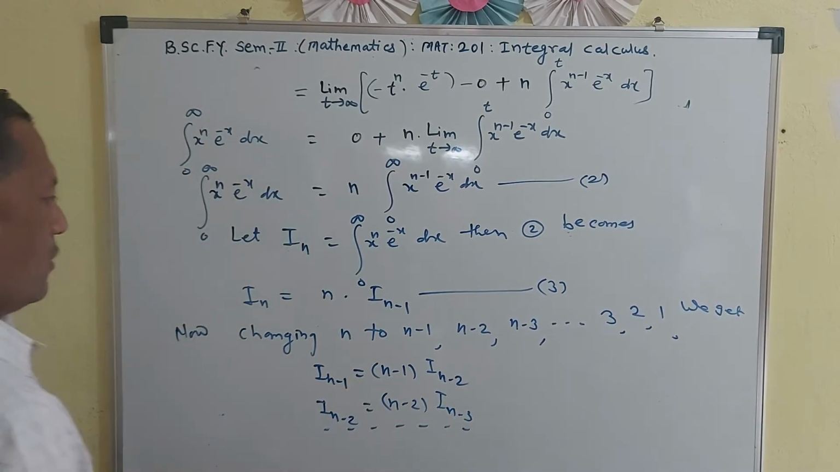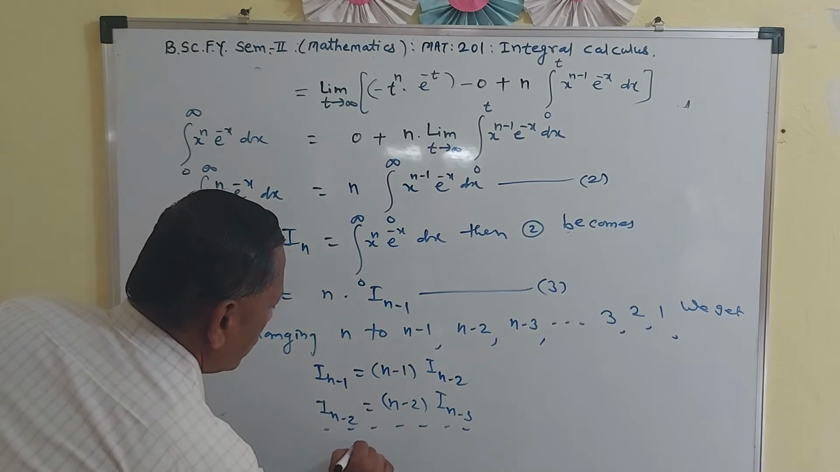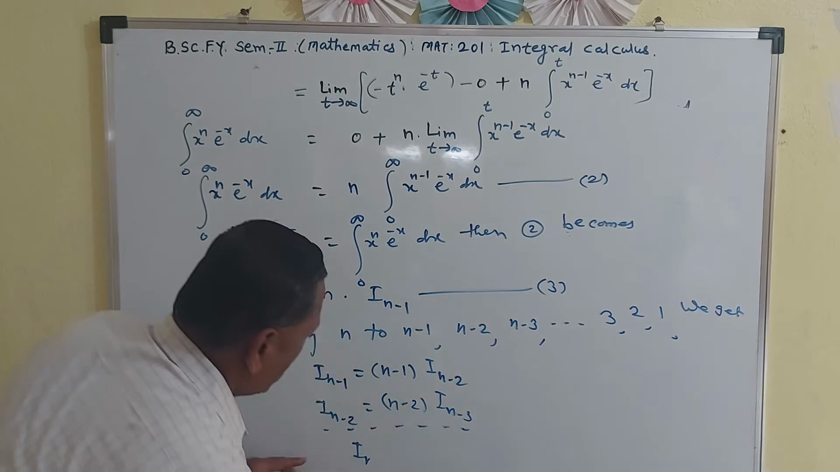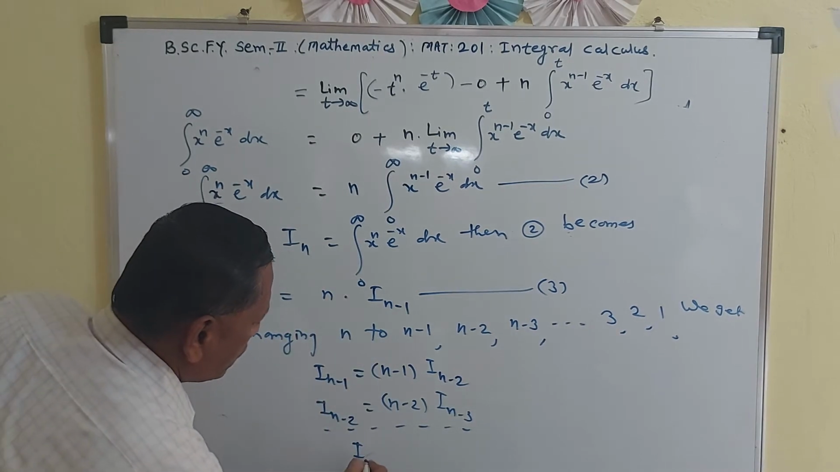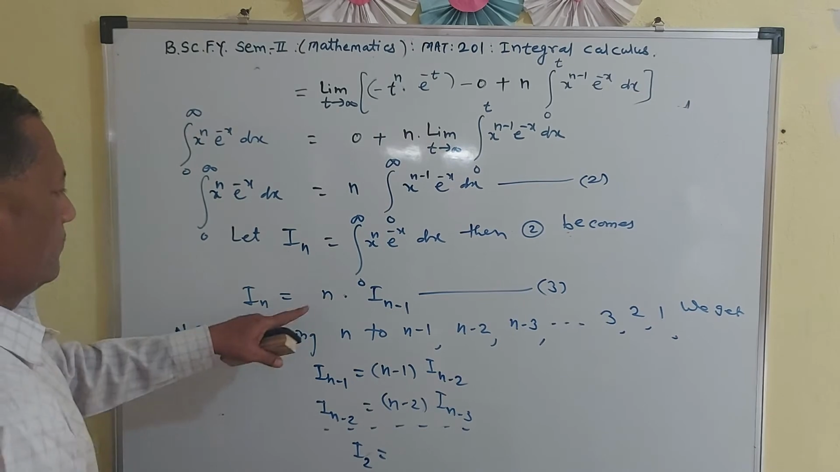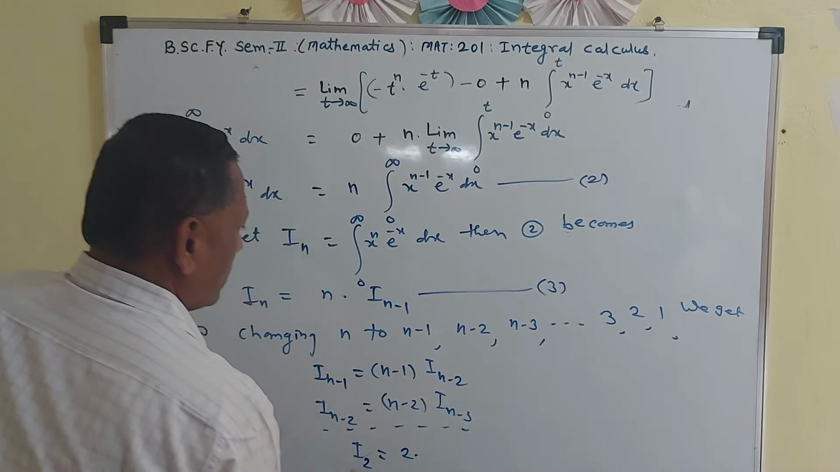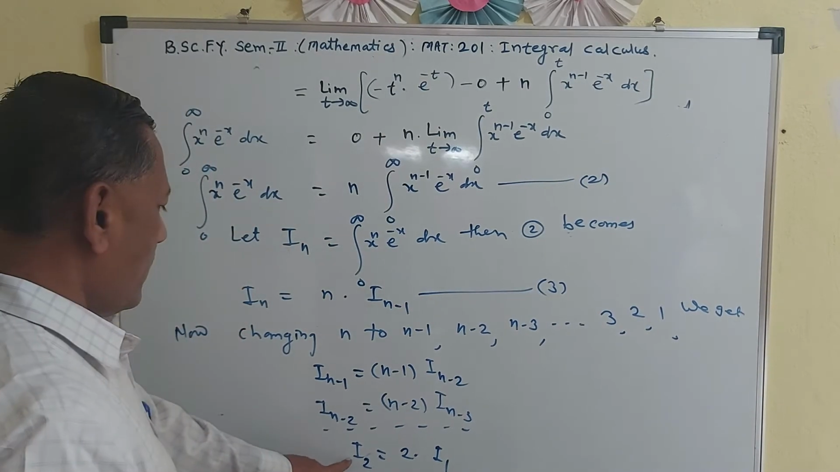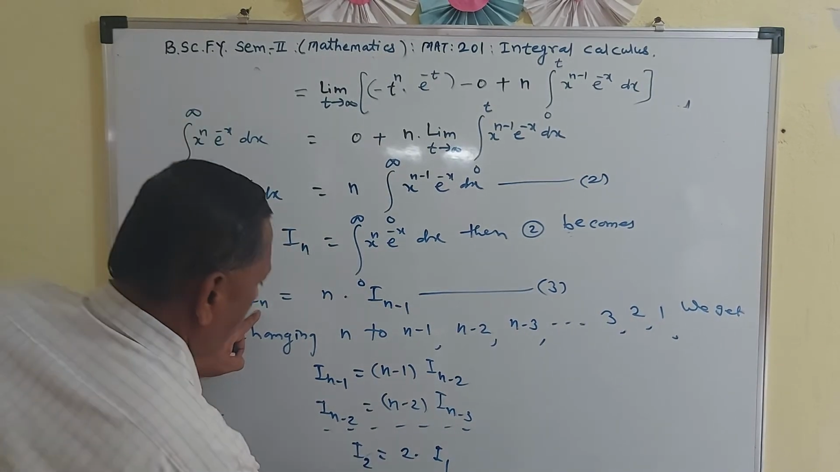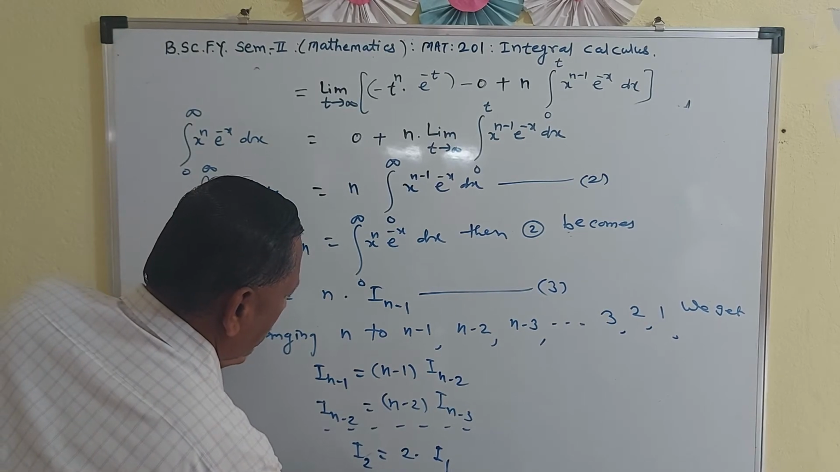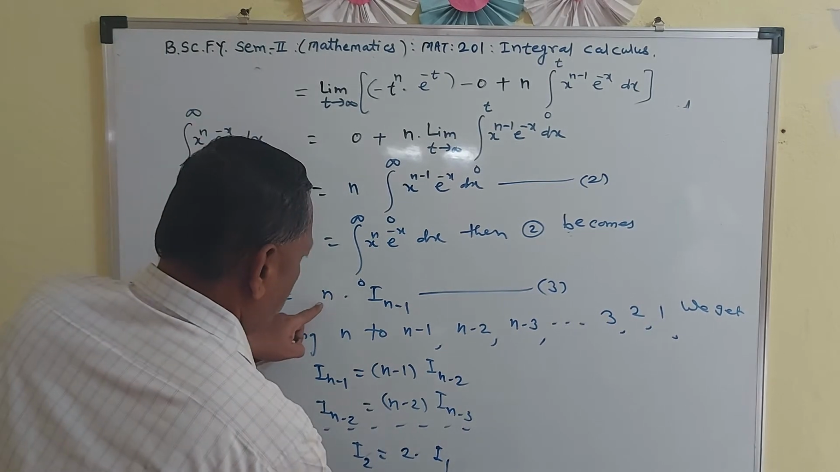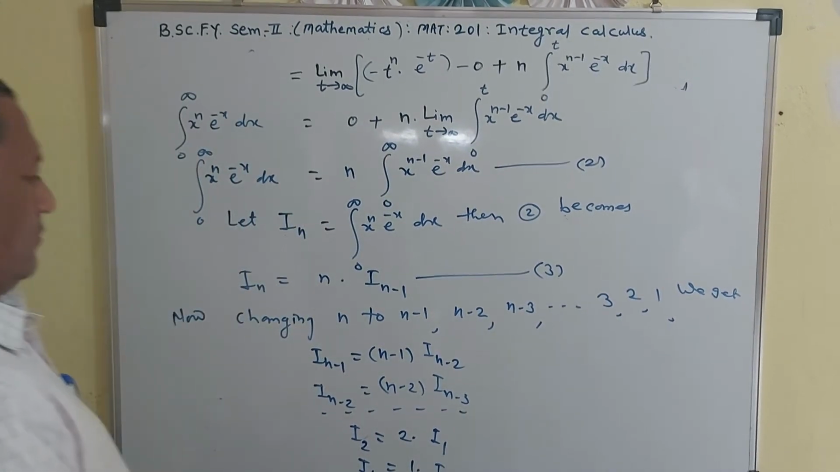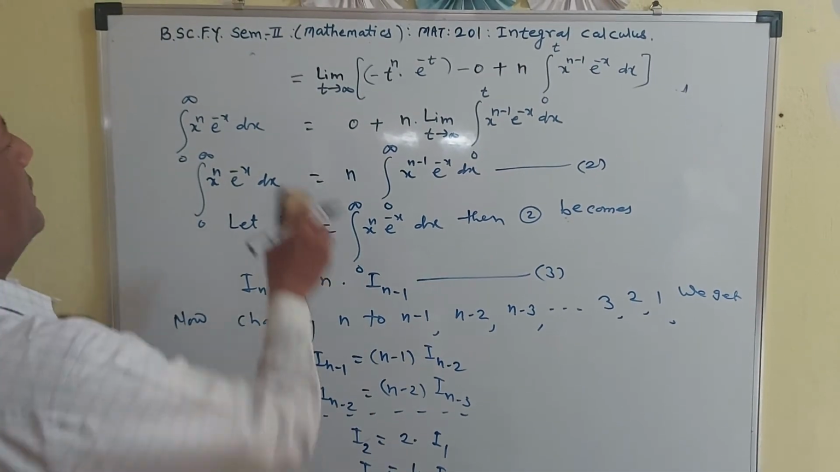Lastly, if n is equal to 2 suppose, then what we get? I2 is equal to 2 into I1, and lastly suppose n is equal to 1, you get I1 is equal to 1 into I0. Therefore you have In is equal to,